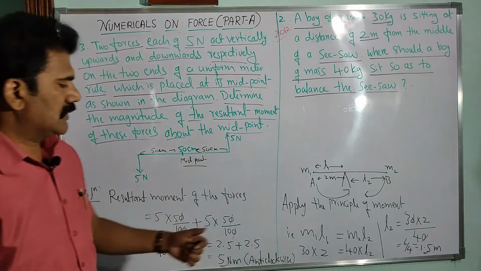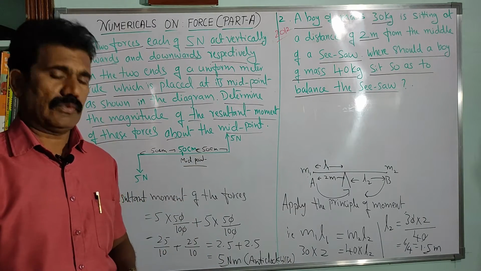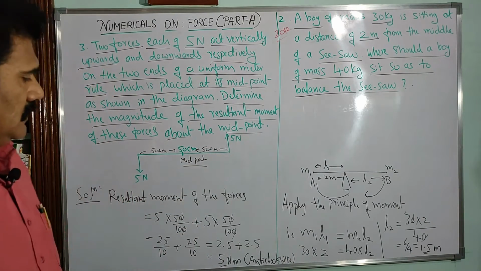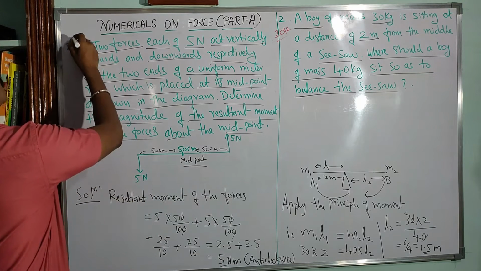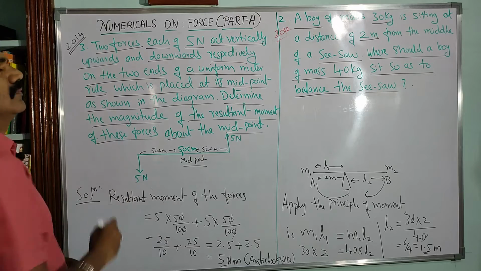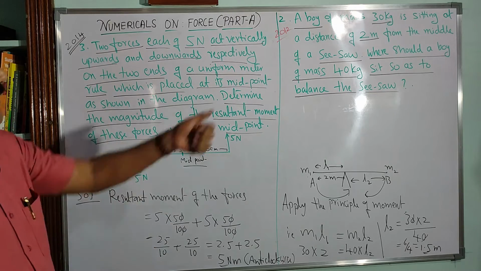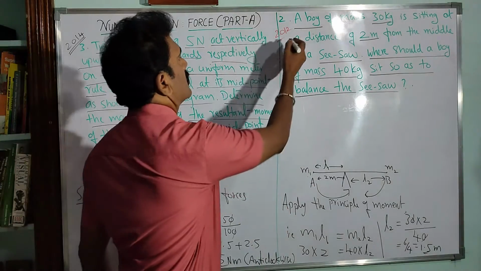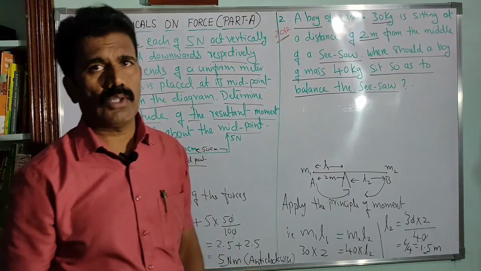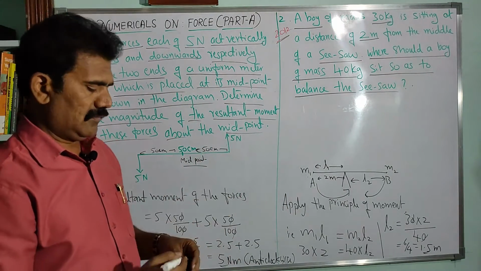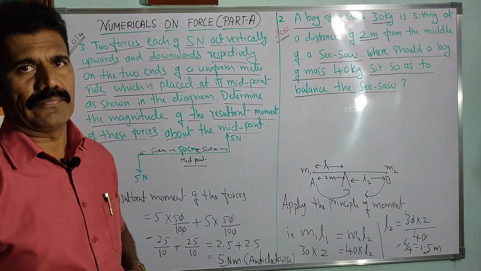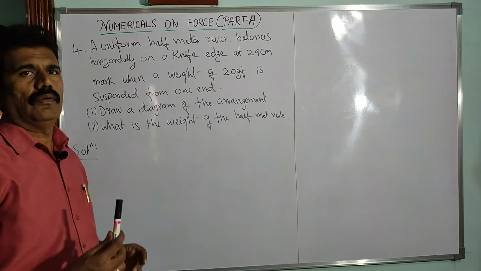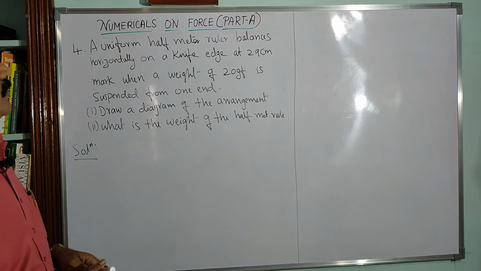So direction of rotation is in the anti-clockwise. Okay, so very simple problem, right? So this problem was asked in the ICSE paper 2014. Clear? So the previous problem was asked in the year 2012. Okay, so such simple problems only will come in the board exam. Okay, clear? Okay, now look at the next numerical problem.